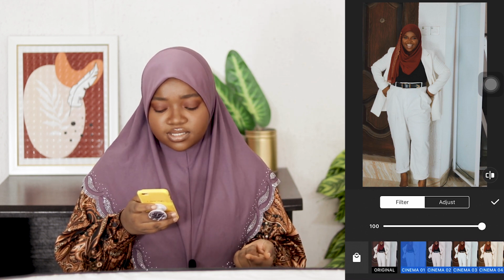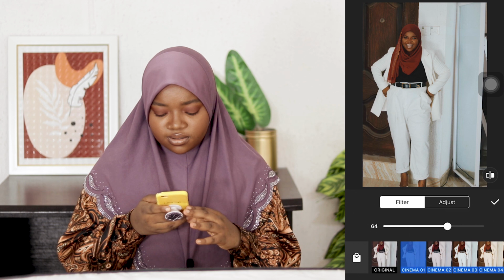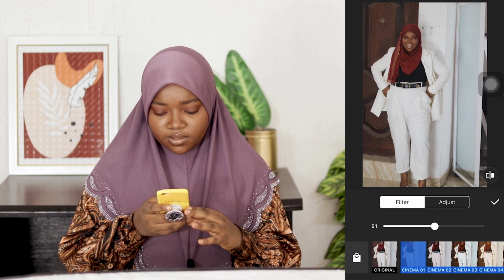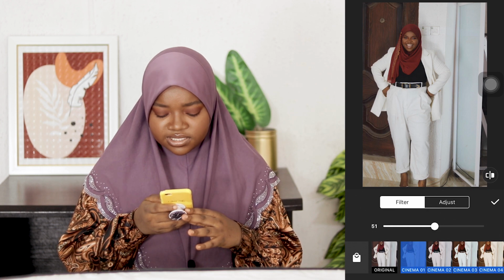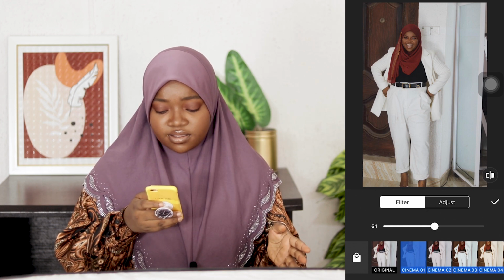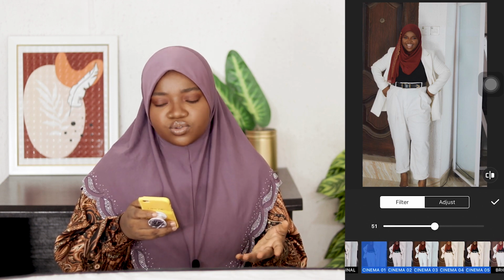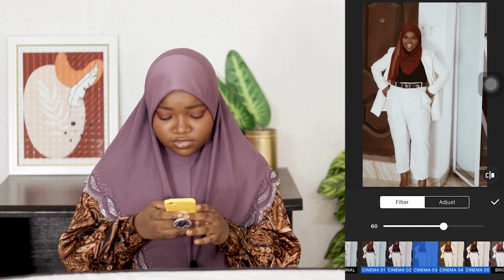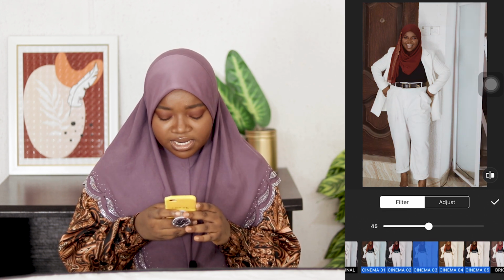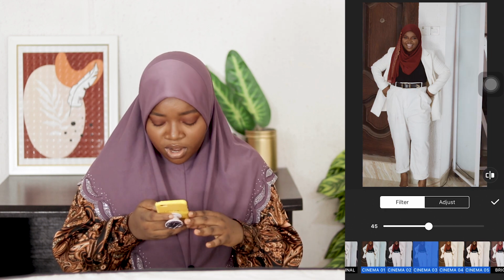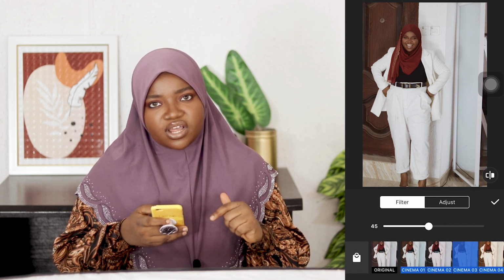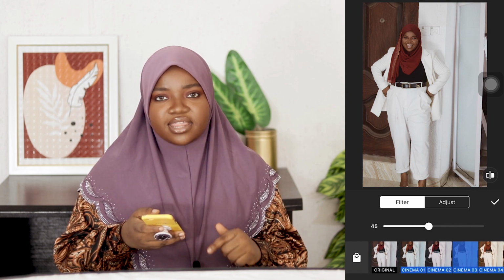So to adjust the intensity, 100, take it down. Let's leave it at 51. This is the before, this is the after. So this is more for the orange look, and I love it also. For Cinema 03, I believe this is for the brown look. This is also perfect. And guys, Inshot is free to download, but this Cinema 03, I think I got it